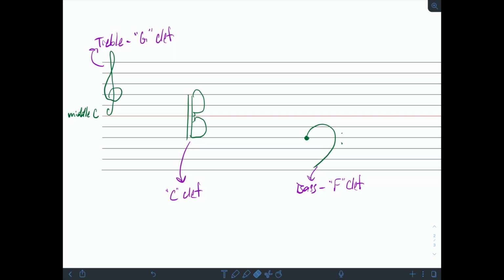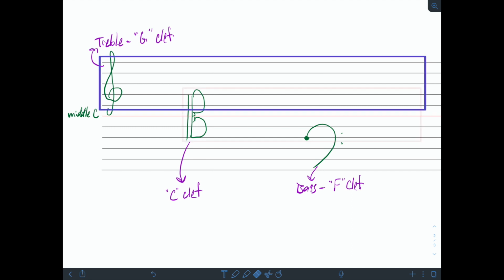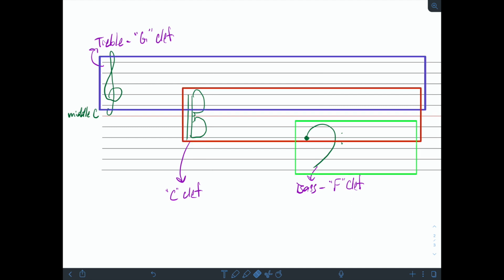The purpose of the previous video was to give us a basic introduction to clefs and their function in terms of representing various sets of notes along the range of high, middle, and low. And we ended the video by trying to dispel the idea that there is such a thing as transposing, quote unquote, between clefs, and that what looks to be a change of position, so to speak, is really just a function of recognizing that each clef represents a different set of 5 lines.